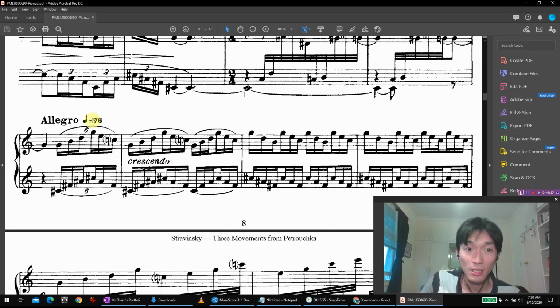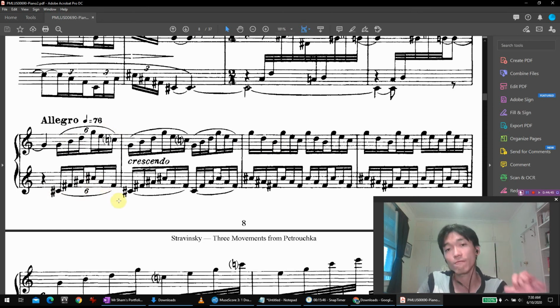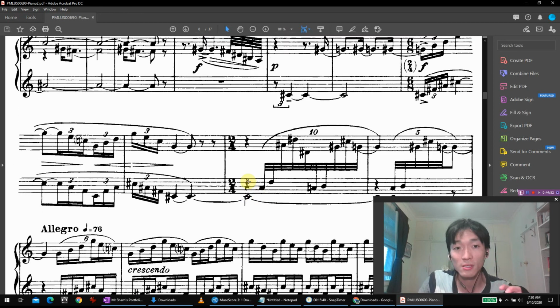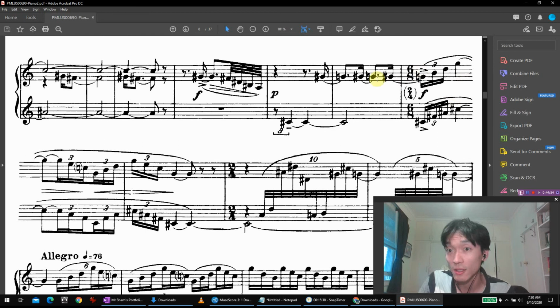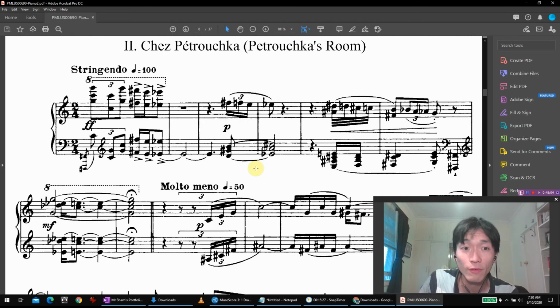In this section here, you've got a G major, C major thing at the top, and you've got some F sharp major stuff at the bottom, and it creates a very, very dissonant thing. They're in tritones. So a lot of these intervals are tritones, a super confronting, super fierce sound. This whole section, you can see it's G at the top, F sharp at the bottom, minor second stacked chords. And it's quite a confronting tone.